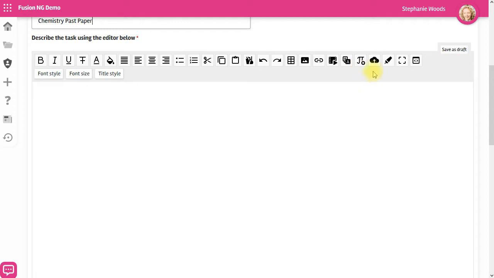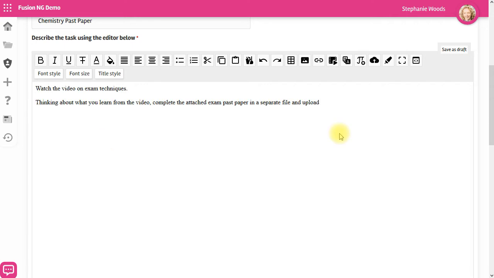You can also upload files while you're working within the homework document here. So if you haven't already uploaded a file to the VLE, that's no problem. So I'm going to put some homework in here for my students. So I've typed in some instructions, and I'm now going to add a video embedded on the page for the